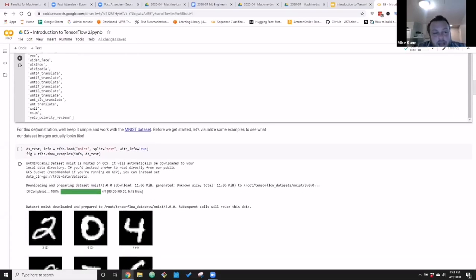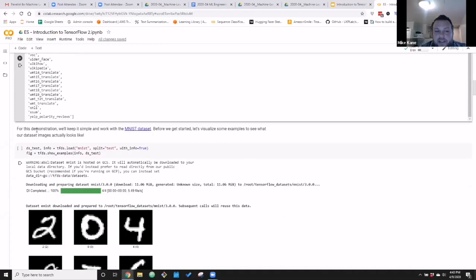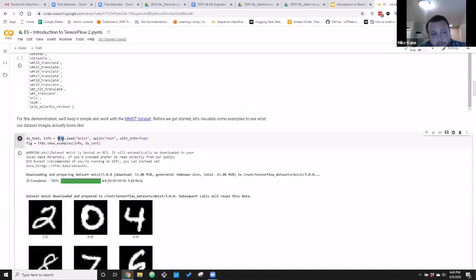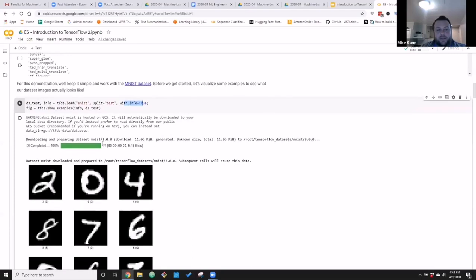So let's talk about how to look at what MNIST is here. If you want to see some examples, I thought this was a very handy thing in TensorFlow datasets. Here I have TensorFlow datasets aliased to TFDS. I did that on my import. I can literally just pass in the string MNIST, which is what I just got from up here. And I'll say, bring me the info, true. That's going to give me a bunch of metadata about it. Then I can just say, show me it, and it's going to work with matplotlib and show me some examples.